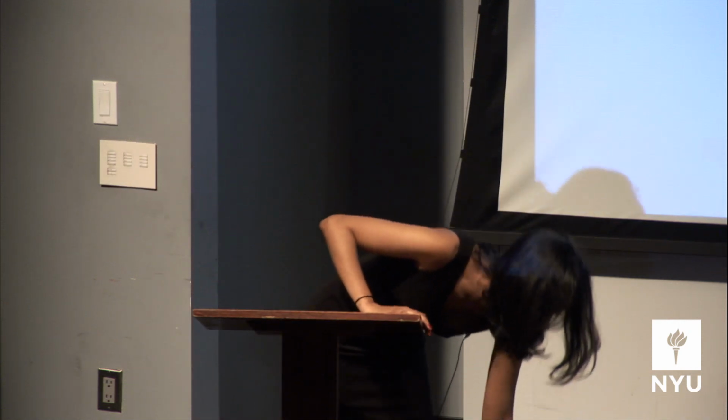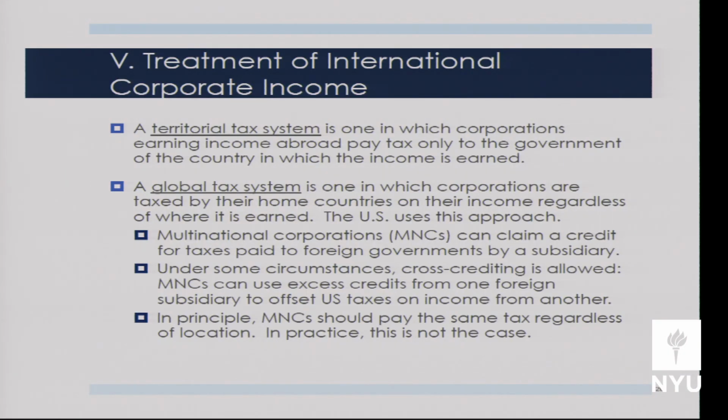So the last thing I want to talk to you about today is very much related to one of the motivations for getting rid of the corporate income tax, which is the declining share of revenues coming from corporate income taxes. And that is how we treat income earned by international corporations. One of the effects of globalization is that more and more US firms operate in many tax jurisdictions. They're earning income abroad, and that makes their income and their income taxes more complicated, and it gives them opportunities to minimize their tax burdens.